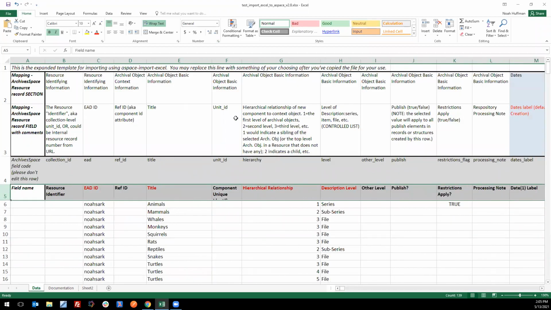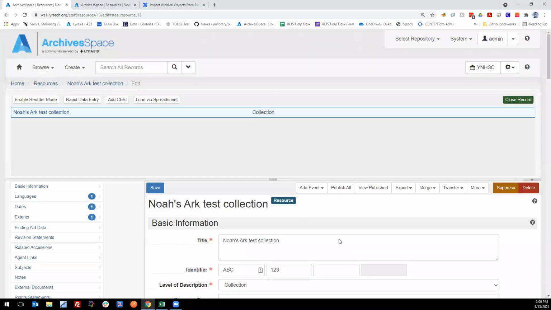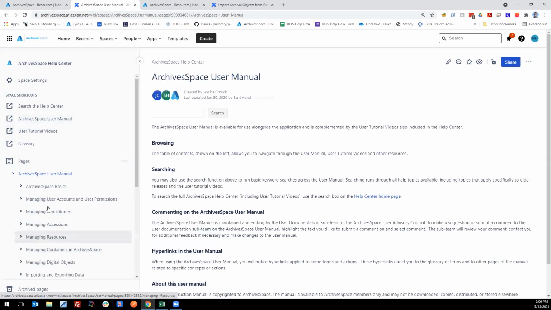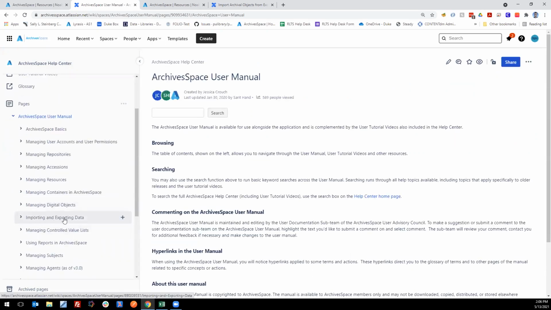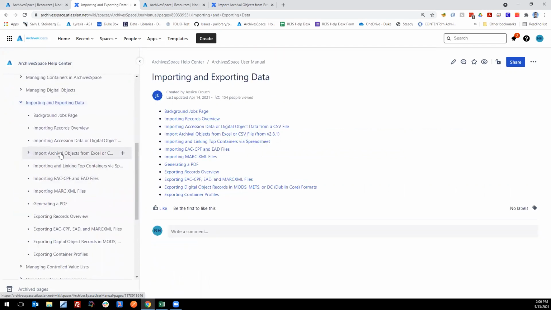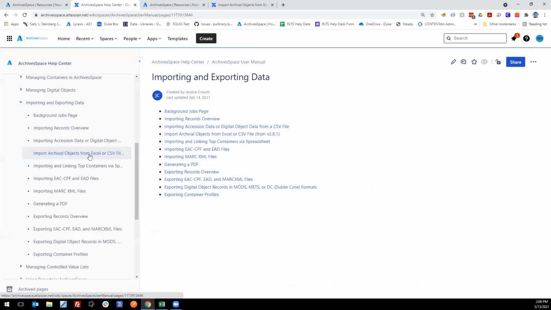If you want to download this template and use it, you can find it in the ArchivesSpace Help Center. If I click anywhere on these question marks in the application, I just opened up the Help Center in a new tab. If I go to the user manual, and then down to the section on importing and exporting data, and then further down, there's a section called Import Archival Objects from Excel or CSV. If I click that,